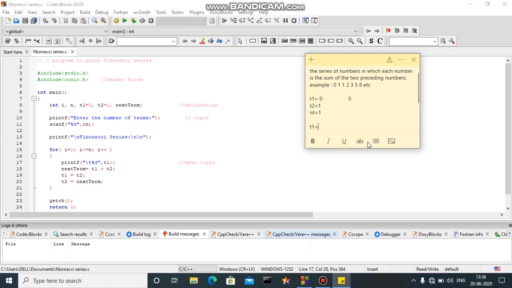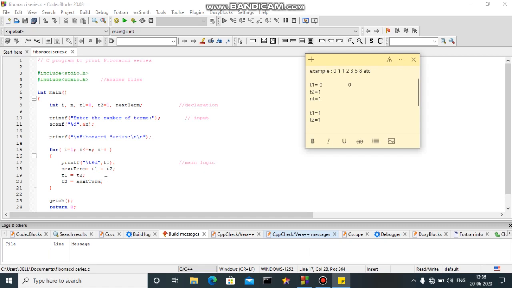That is 1. We'll assign it to t1. Then what is the current value of next term? t2 is equals to next term. The current value of next term is 1. Now this iteration of loop is completed, first iteration.